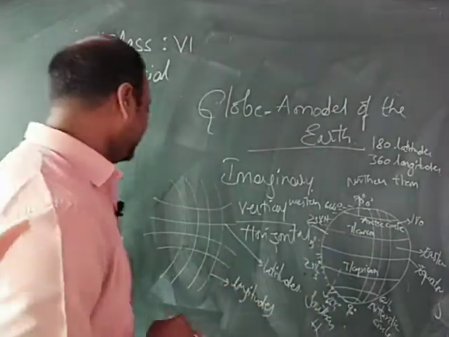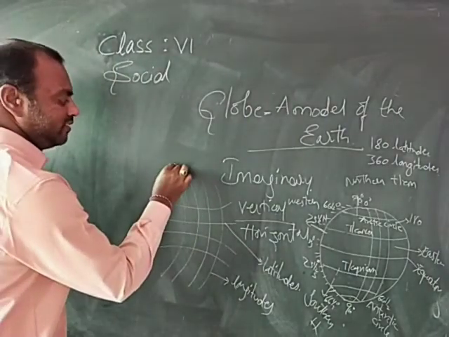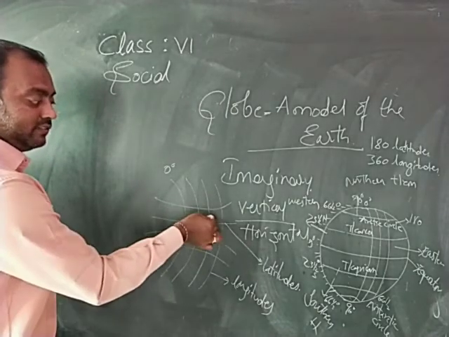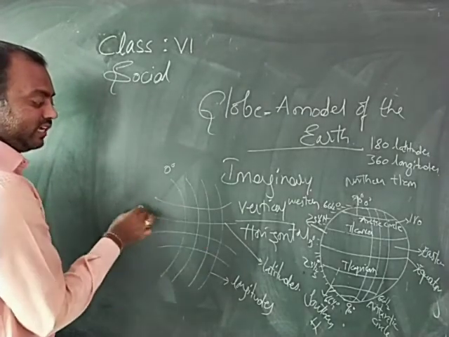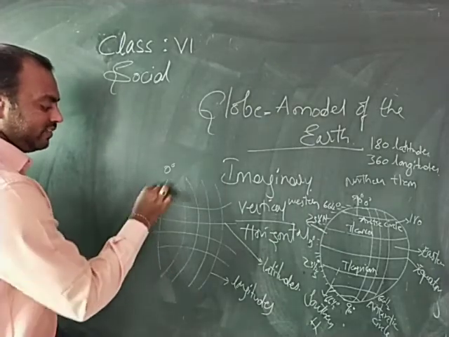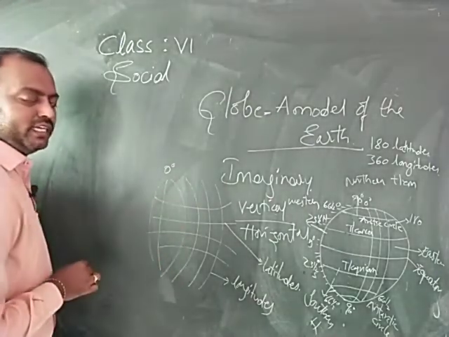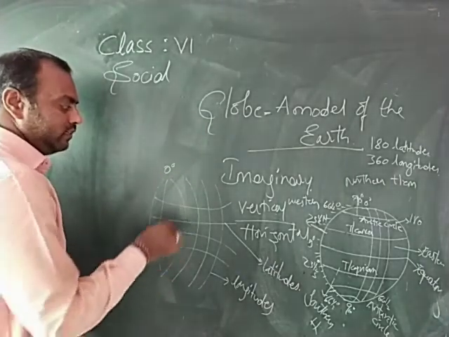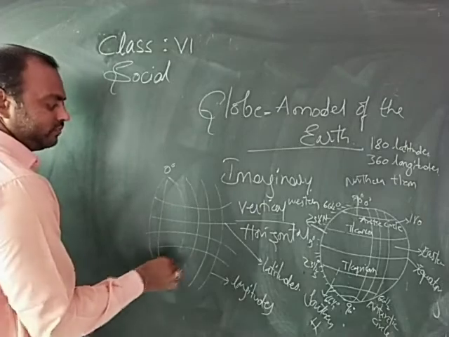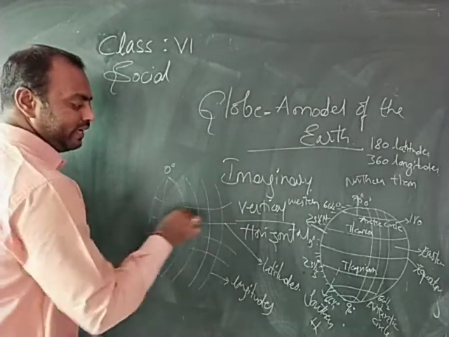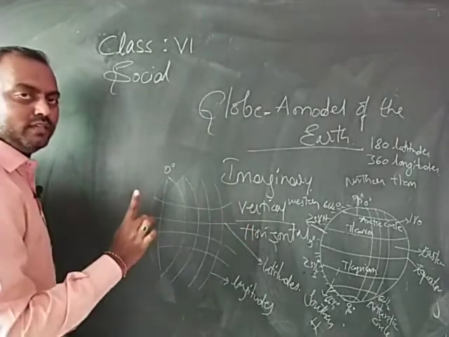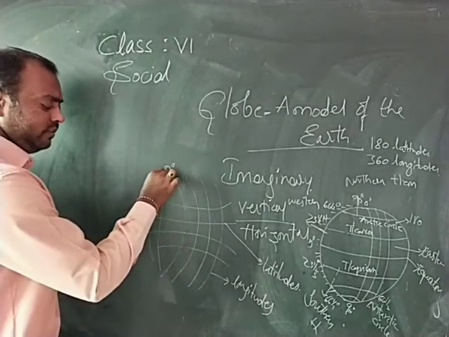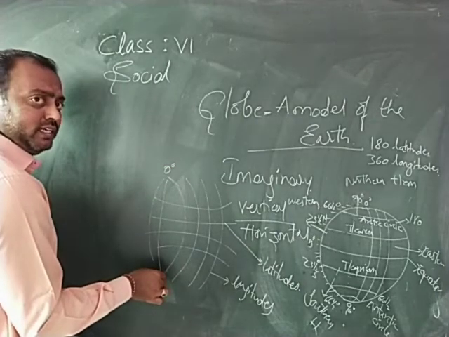Now let us understand about the longitudes. This is a 0 degrees longitude which divided the globe into two equal halves vertically. These are the eastern longitudes, and this side we call them as western longitudes. The speciality about these longitudes are they intersect, they collide and they bend at the poles. These are called as semicircles, whereas latitudes run throughout the globe, they are called as circles, but whereas they bend at the poles. They start from the North Pole, they end up at the South Pole.